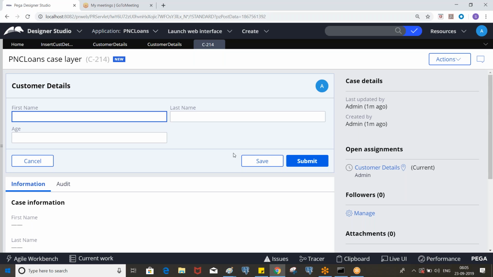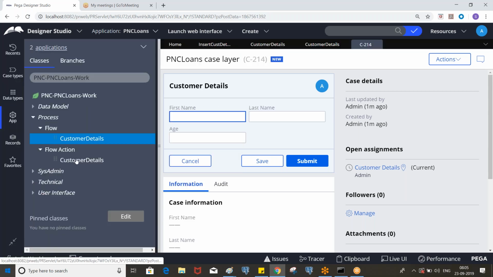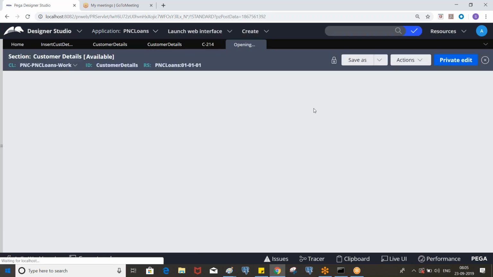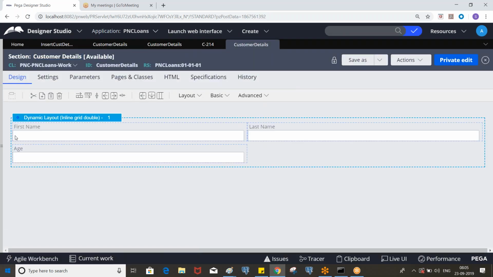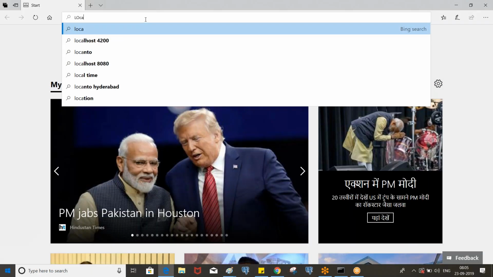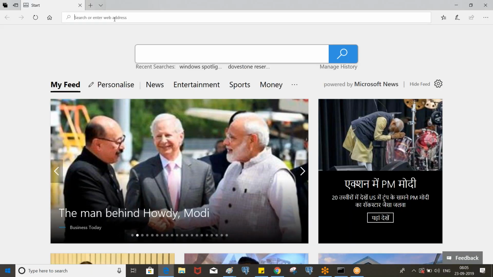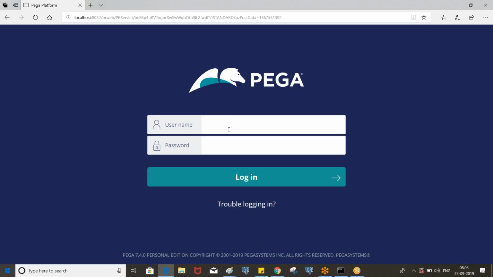Here we have only a few properties, so let's add all the other properties. This is opened by some other operator. Just give me one second.